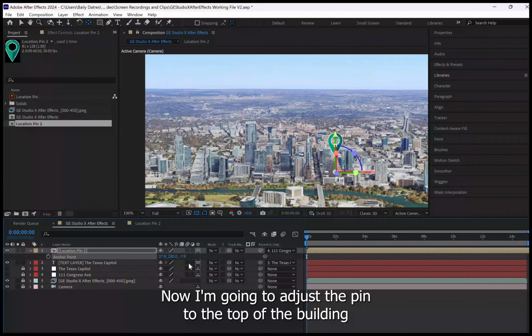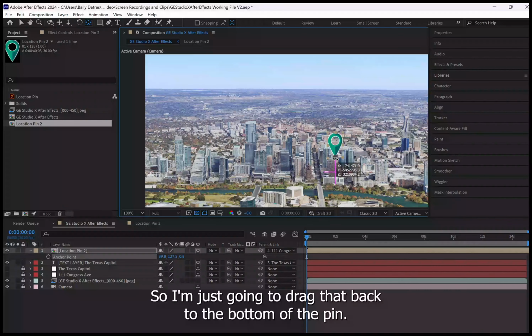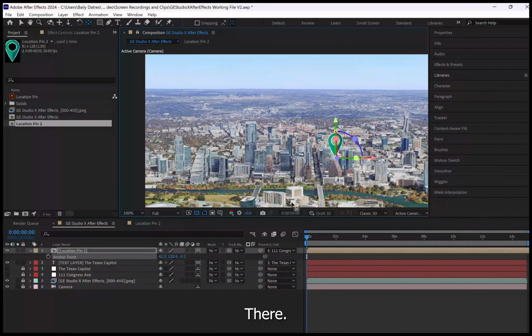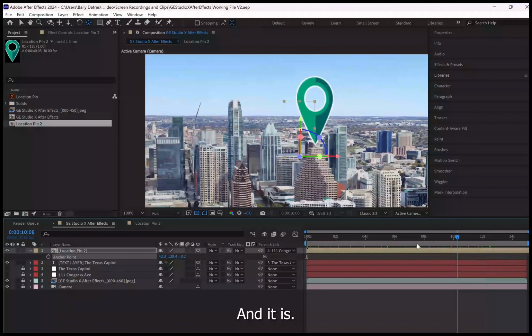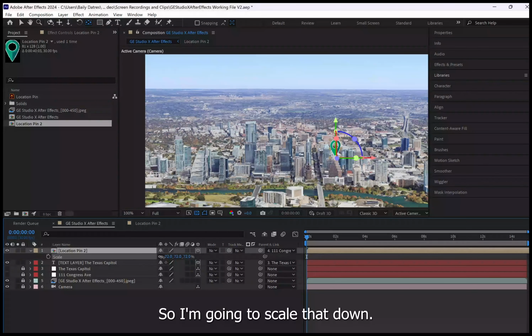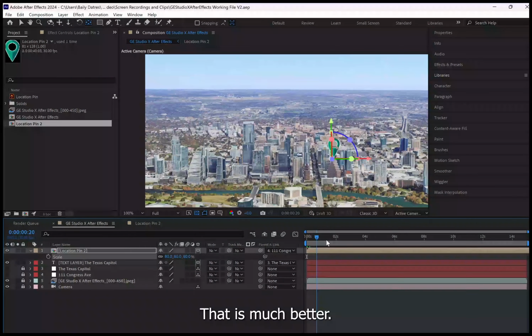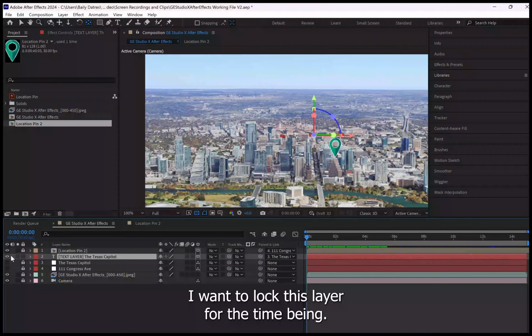Now I'm going to adjust the pin to the top of the building. And my anchor point didn't follow, so I'm just going to drag that back to the bottom of the pin there. I'm going to save. And just check that it is tracking to the building, and it is. That looks great. Okay, it looks a little big, so I'm going to scale that down. That is much better. Okay, I'm going to lock this layer for the time being,